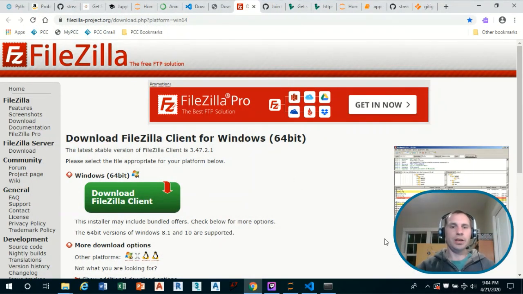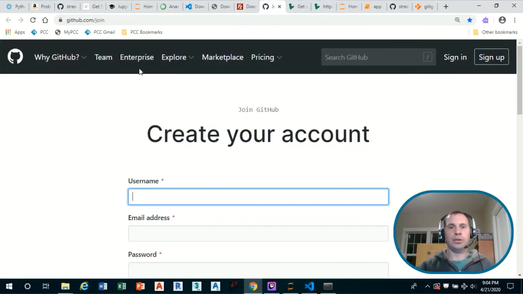Besides those tools downloaded and installed on your computer, you're also going to need a couple other things. If you're going to do the GitHub username and password authentication that I hope to go over, you're going to need an account on GitHub. And I also recommend having an account on GitHub to save any code or any documentation if you're following along. Saving up on GitHub is a good place to do it.